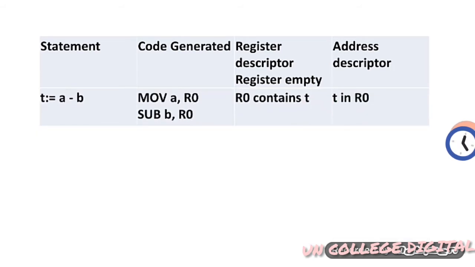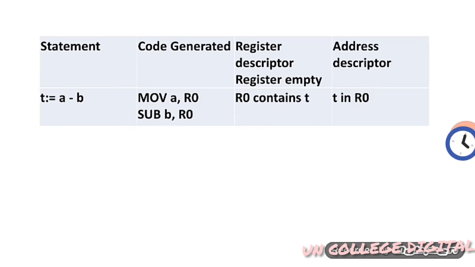Then at the first step we have t equal to a minus b. In the previous slide I explained how the statement is converted into three address code, and we pick the first instruction, that is t equal to a minus b.